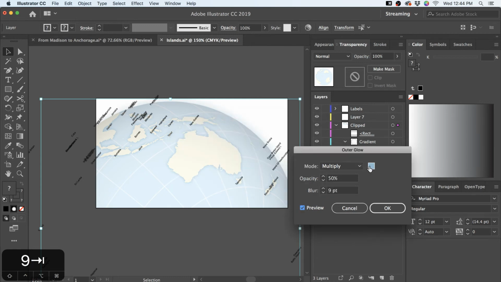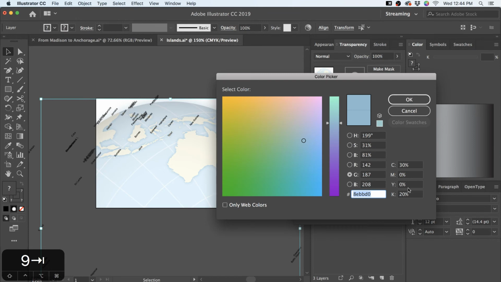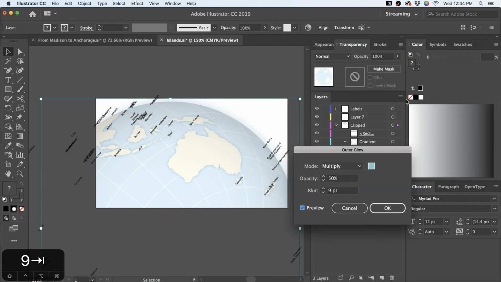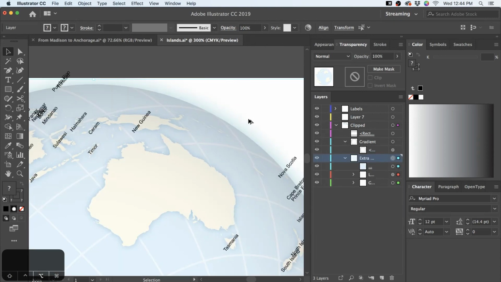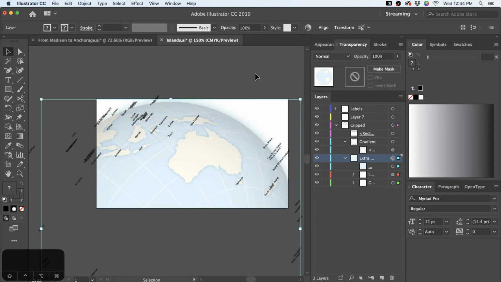And let's give that a, I don't know, a little greener color. Something speaks to me about that. And let's make it a little darker. And just a subtle greenish glow out in the atmosphere. Yeah, kind of like that.